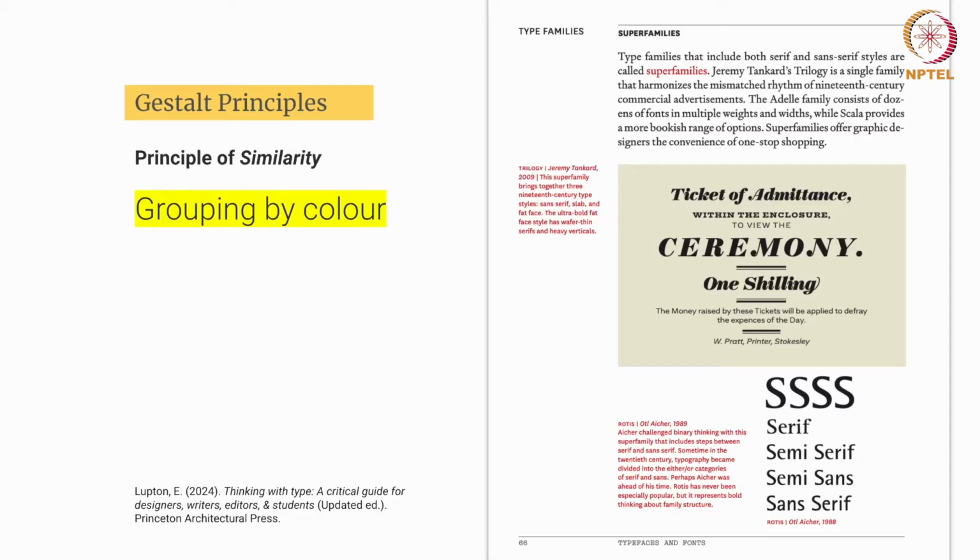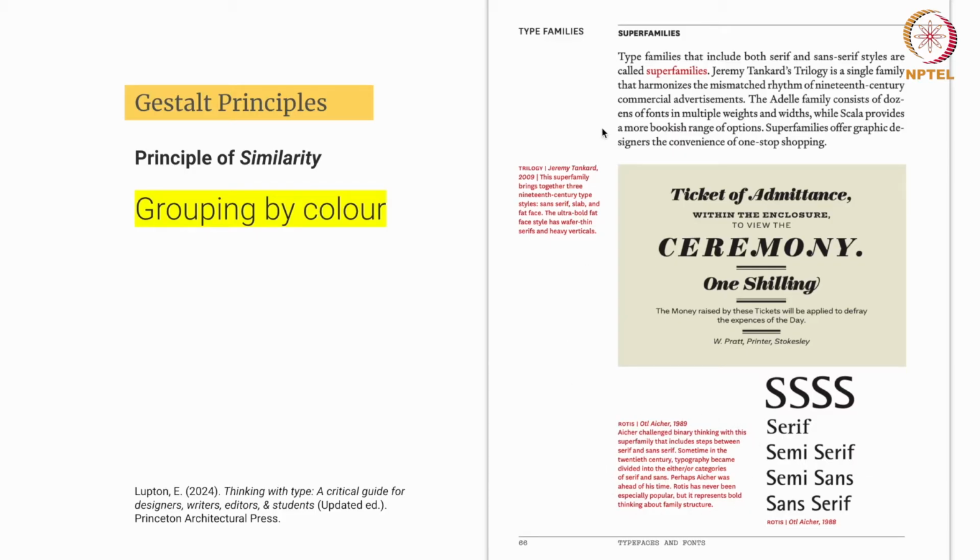Next is in terms of layout design, especially in book publication. This is one of the pages I have taken a screenshot from the book Thinking with Type by Lupton E. And you can see here how the colors are again playing an important role in dividing the overall layout of the book. So here you can easily identify the color red has been taken into consideration, and the subpart and the brief detail about this, which is not associated to this paragraph, has been mentioned here. Similarly, regarding this detail, again you can see this is the segment which they are taking into consideration.